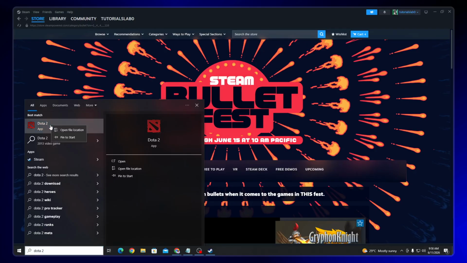This will bring up a context menu with several options for managing the application. From this menu, you'll see an option that says Pin to Start. Go ahead and click on it. This action tells Windows to add a tile for your game directly on the Start menu, making it easily accessible